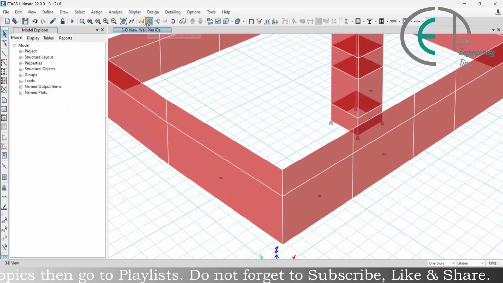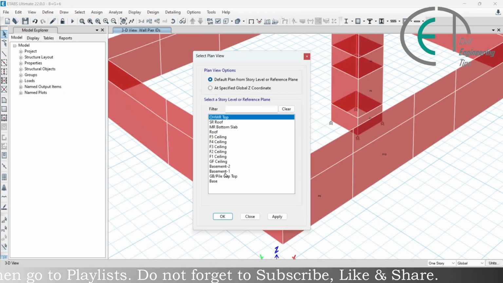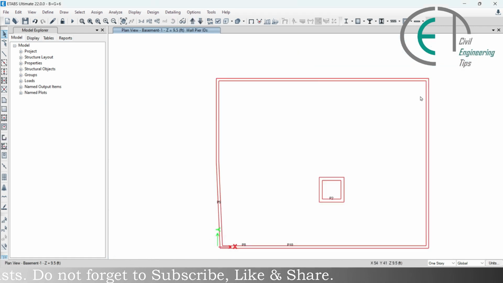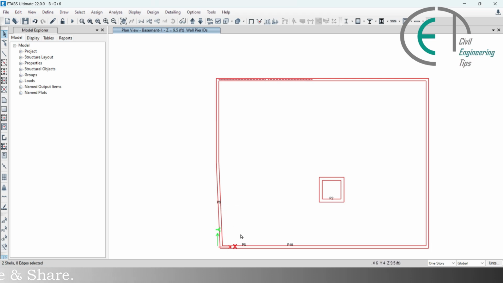Let's go to plan option and click on the basement 1 level and click on OK. These all shear walls are from same plan, so if we select these shear walls like this and assign same pier level, that will be incorrect. It is similar to this third point. So before assigning pier levels to these shear walls from same plan, we have to deselect them like this first,